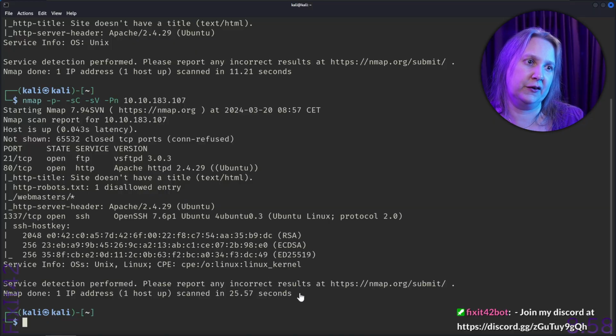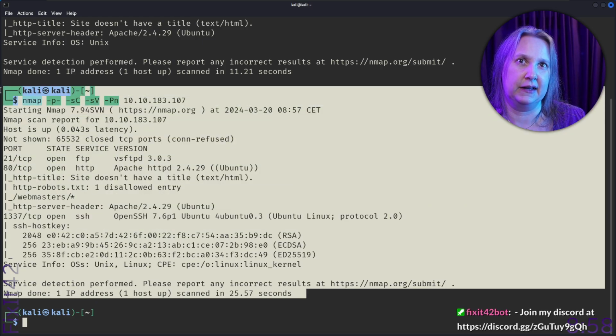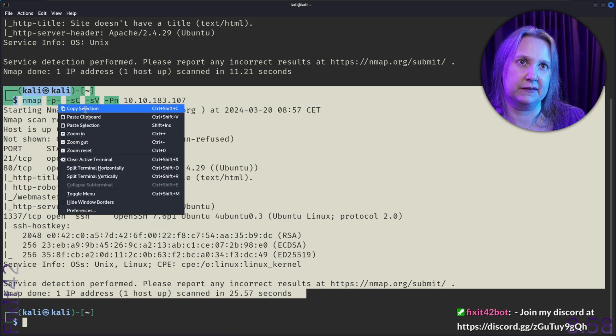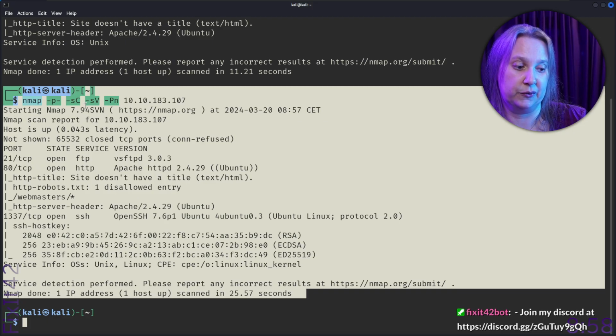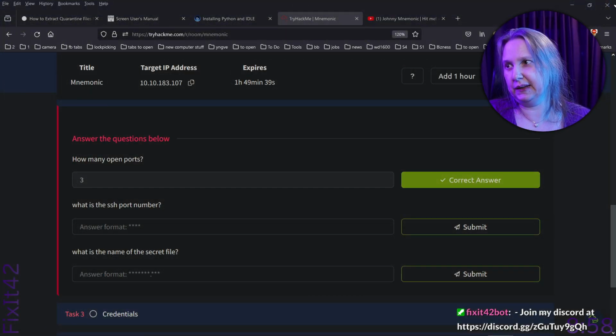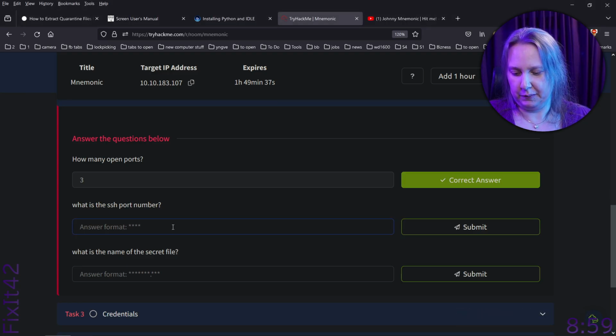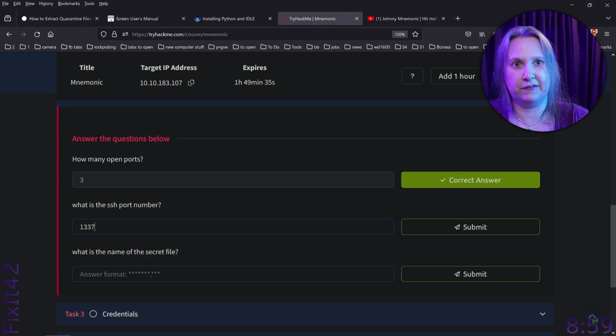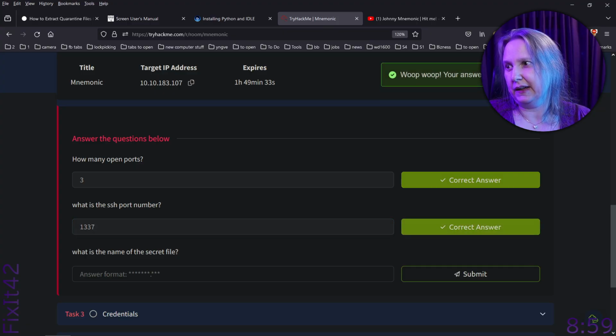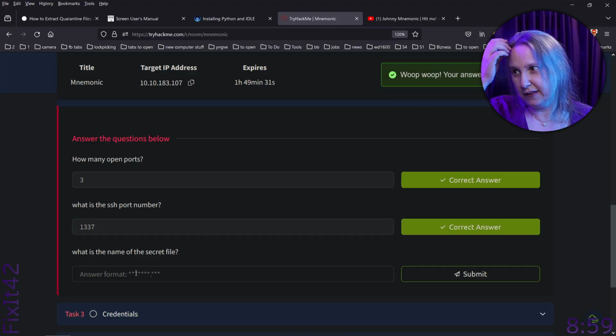Before I do this, let me mark and copy this, and we can paste it in our notes. That's nice. So left screen, and let's type this first, 1337, and we have that answer. And this is interesting. What is the name of the secret file?